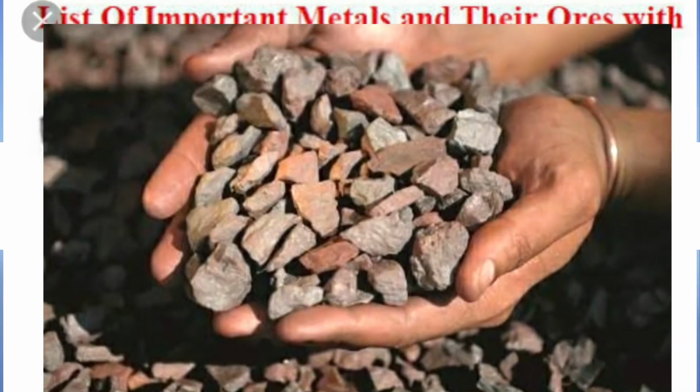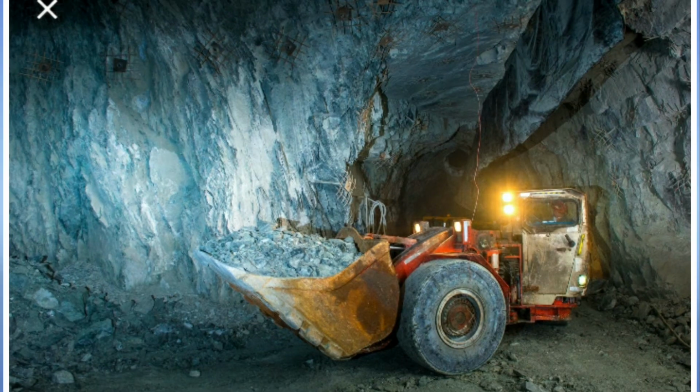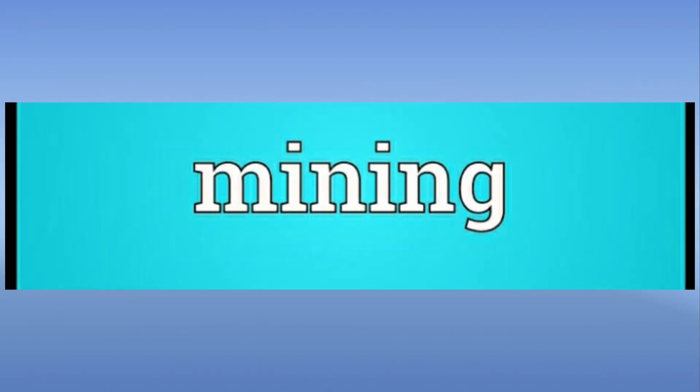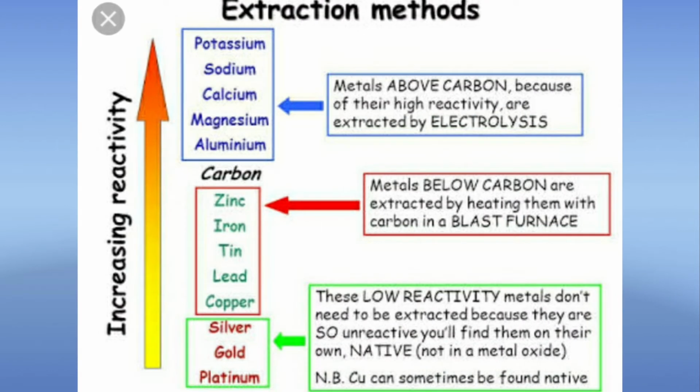However, the ores of most of the metals occur beneath the earth's crust and have to be brought to the surface. This is known as mining. The actual techniques which are used for the extraction of metals are also linked with the position in the activity series. So, for the extraction of metals, the position in the activity series of the metals is very important. Keeping this in mind, metals have been divided into three categories.